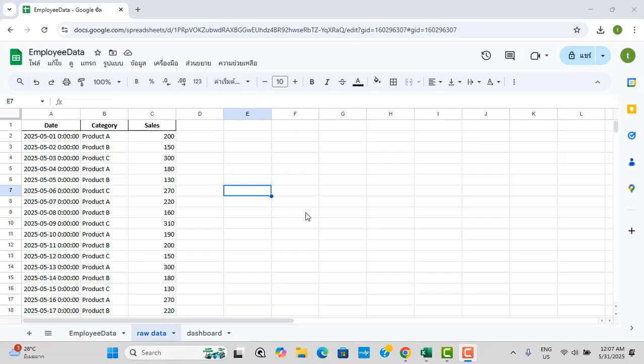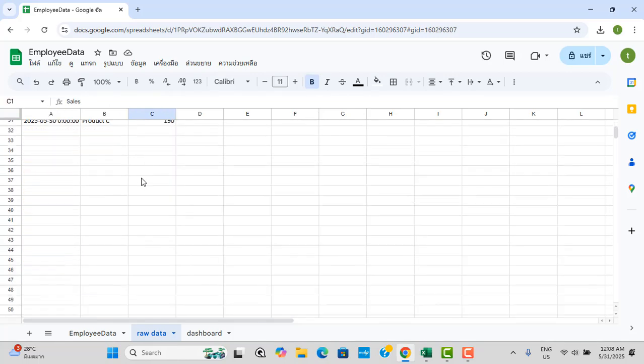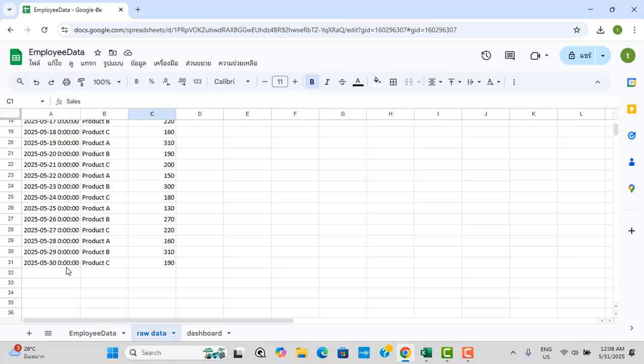Okay. First, you will need to make sure your raw data is well organized. For example, we have created a raw data for the date and category and the sale column here, which is for some example for this learning process. Okay. In the sheets for raw data, then you're gonna create another